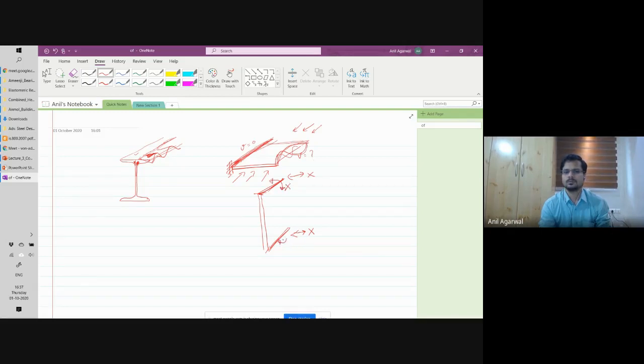Okay, these rotations at the two ends may be restrained. So in this kind of situation, if the web has to buckle, it has to buckle in this double curvature mode, right? Otherwise, if these ends were not restrained against rotation, the web would have buckled simply like this, right? But instead of that, the web has to buckle like this. So these boundary conditions play a very important role. Fine.